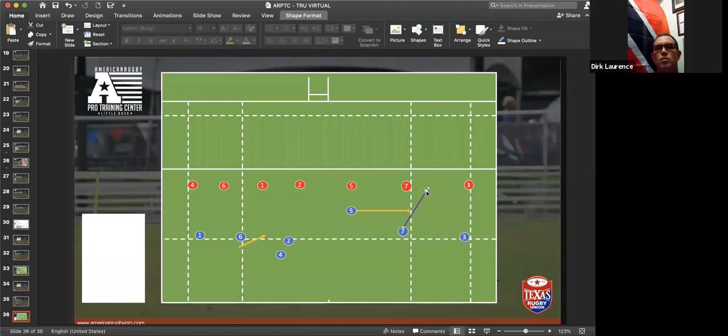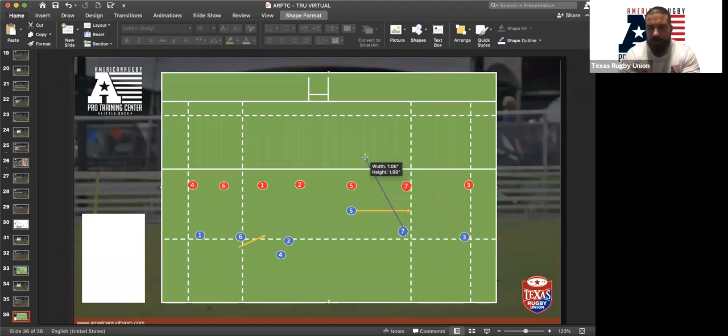All right. So one is short, either short or long, as we used to call it. So we're looking to go under the defense. If we look at that number 7, we're looking to go over the defense there. So if the 7 caught the ball in this position here, and then they had to pass to number 3, and number 3 says, yeah, I want the ball, I'm going to run an unders line, where would they run?